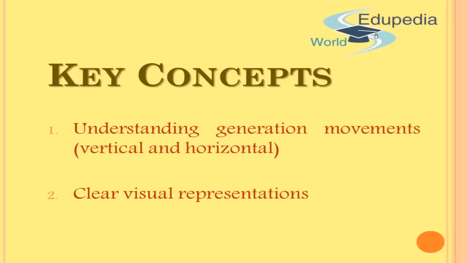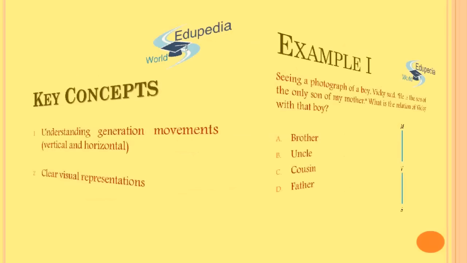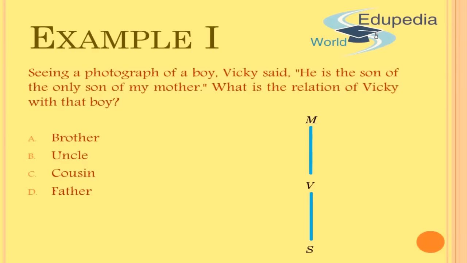There are horizontal movements and there are vertical movements, and we need to draw clear visual representations of them so that we can solve the questions with ease and accurately. In the questions that follow, we will be seeing in detail how to draw these representations, what kind of lines can be used, and how to use these diagrams to solve the questions. So for example, let's see the question on our screen. I have already made the representation, so we will go through this.